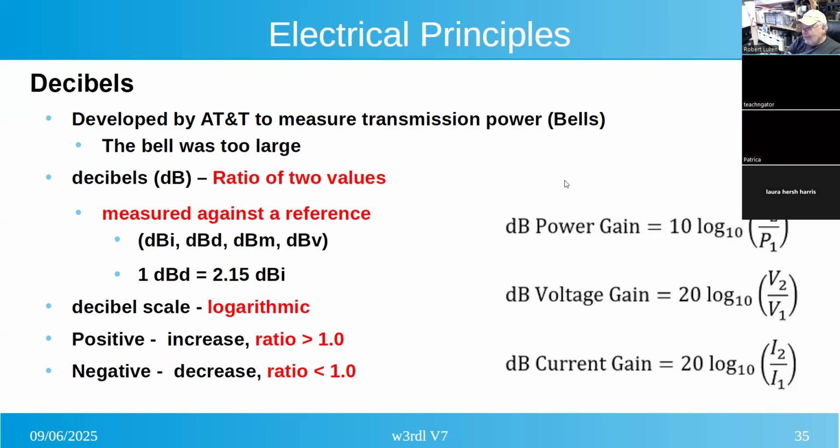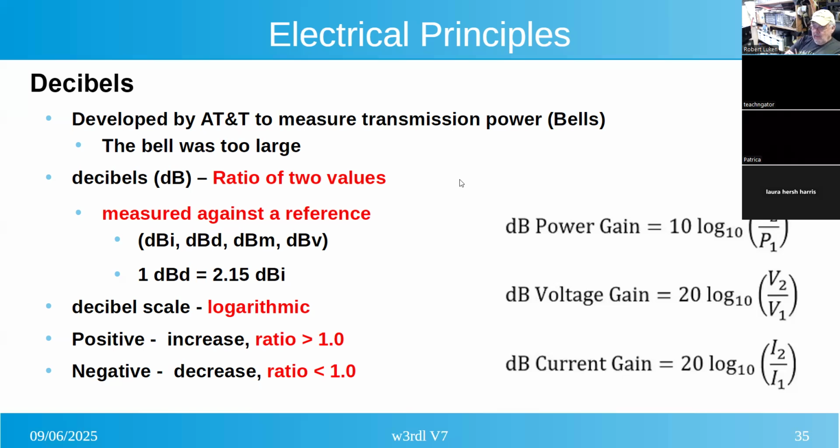Just to say, now you notice there's two different formulas there. Well, three. For power, it's 10 times the log, because power is the squared function, because it's multiplying voltage and current things. And if we were doing it on voltage or current, it's going to be 20 times the log. And that's really the difference. So it's just a shorthand, and we use the dB with a small d and a capital B because of